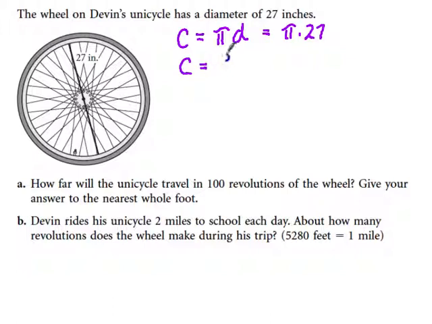It's 84.85. Okay, so that is one revolution. There are 100 of those revolutions, so I'm going to take that times 100. And so when I do that, that's when I should get